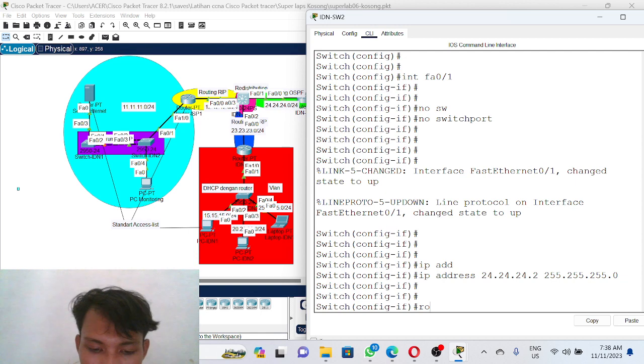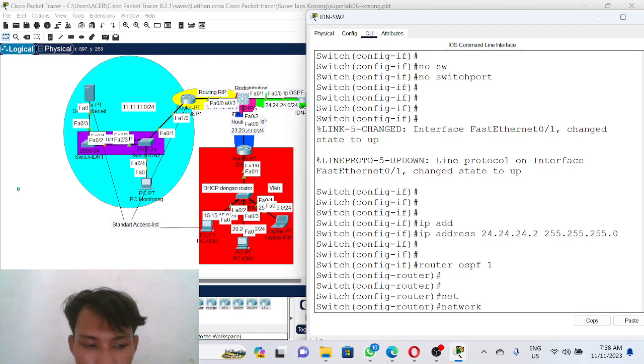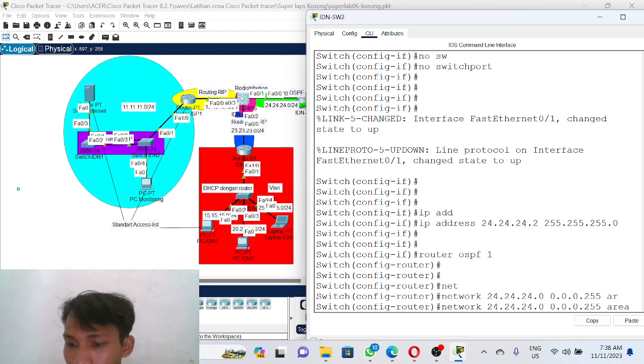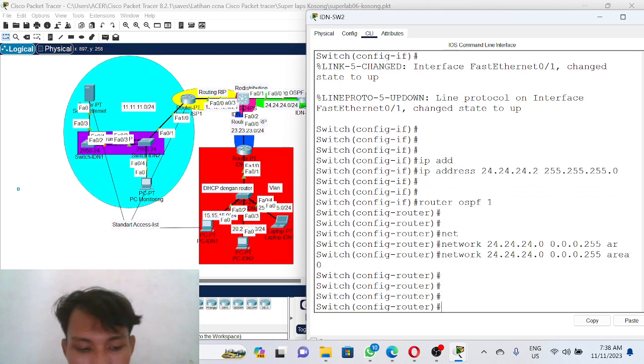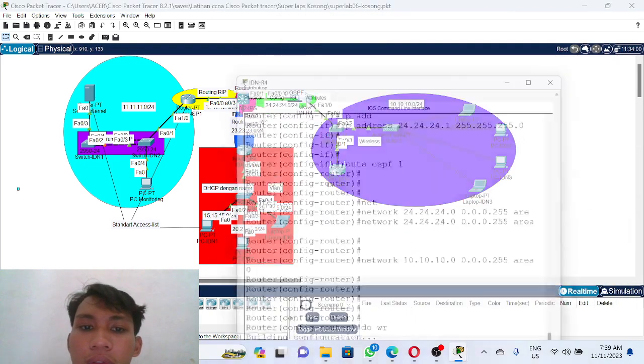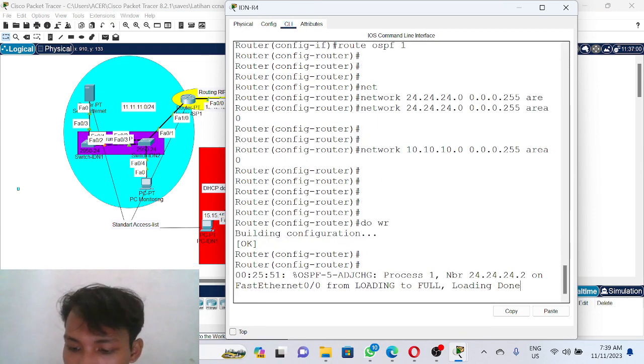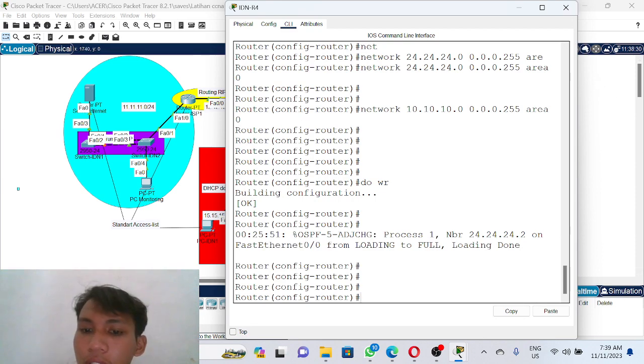And then router OSPF 1, enter, network 24.24.24.0. The wildcard is this, 255, area 0. We do write, okay.